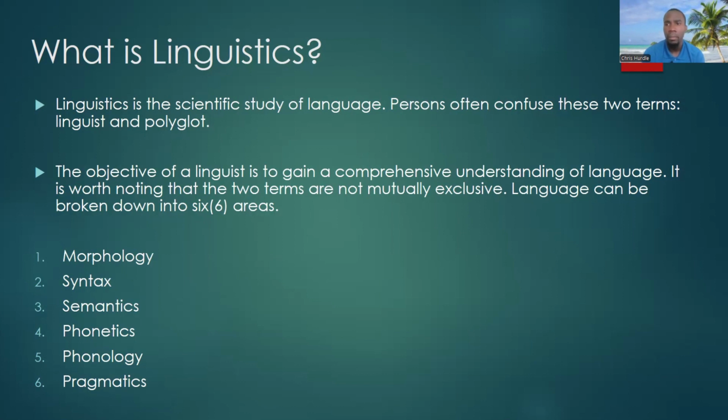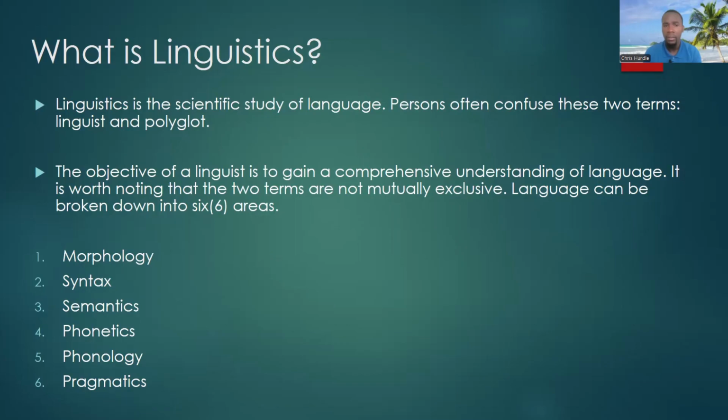But the two terms are not mutually exclusive. What this means is that you can be both at the same time. But just because you're one does not automatically mean you're the other. So if I am a linguist, that does not automatically make me a polyglot or vice versa. Okay? To qualify as a polyglot, I must have knowledge of at least 4 languages, right? But to be a linguist, I would have to have studied linguistics so that I can gain that deep understanding of language,